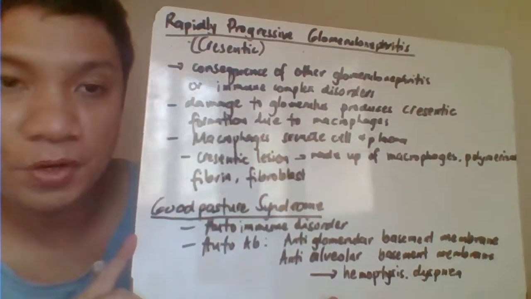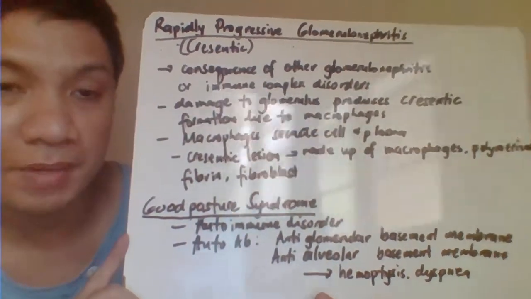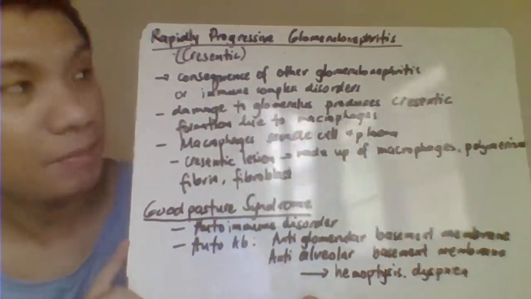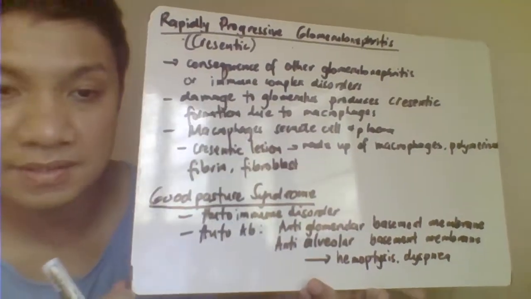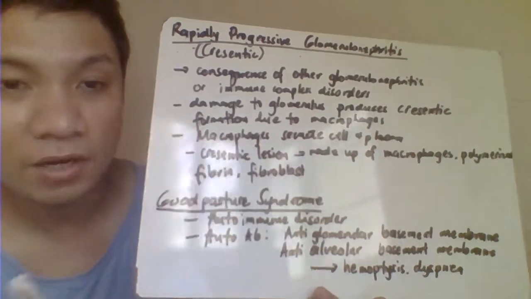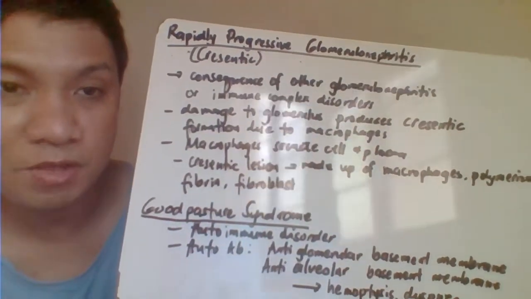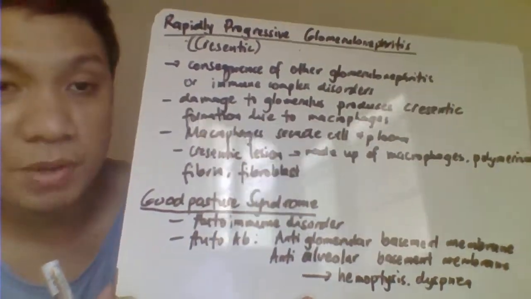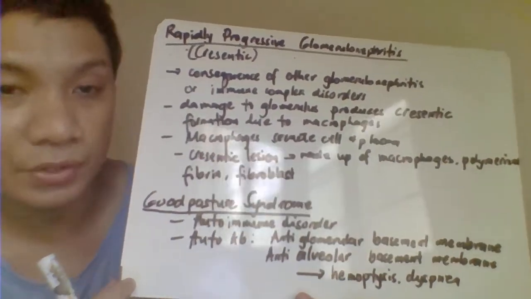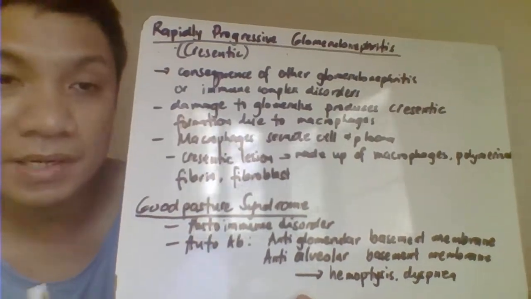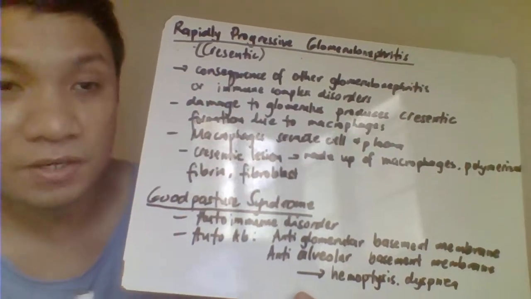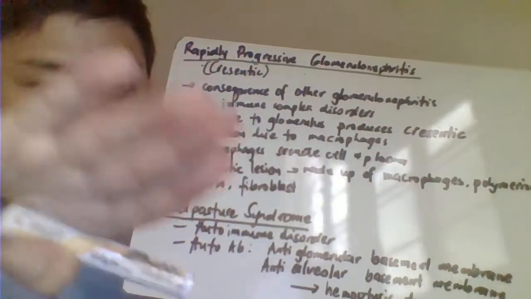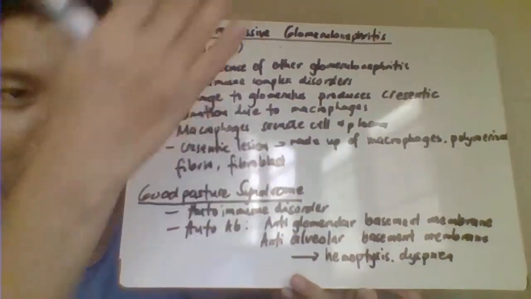Okay, the next type of your glomerulonephritis, we have your rapidly progressive glomerulonephritis or your crescentic. Your rapidly progressive glomerulonephritis is just a consequence of your other glomerulonephritis which try to develop here to become rapidly progressive, or it might be also the consequence of your autoimmune or immune complex disorders. Di ba, tinawag siyang crescentic because the damage in your glomerulus parang crescent moon, half moon, crescent. So, parang pag ganon ang